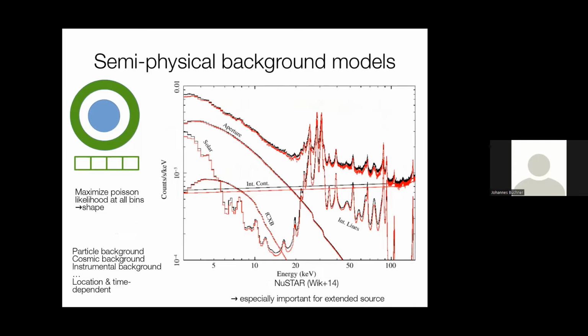This is an example from NuStar, where they try to model all the sources that contribute to the background. And I mean, I'm not an expert on X-ray backgrounds, but there are several components. One component is caused by, for example, protons in the solar wind that directly hit the detector. They don't go through the telescope, they just impact and leave charges on the CCD. And that imprints a relatively flat spectrum that would be the black horizontal line here. So that usually comes up